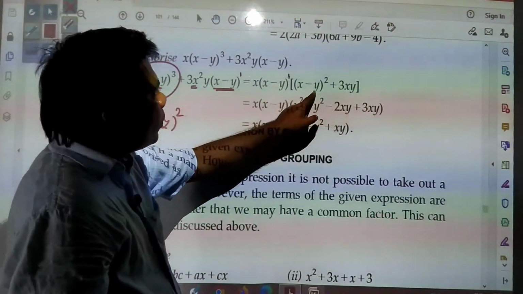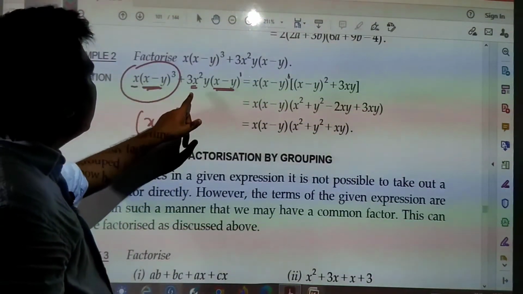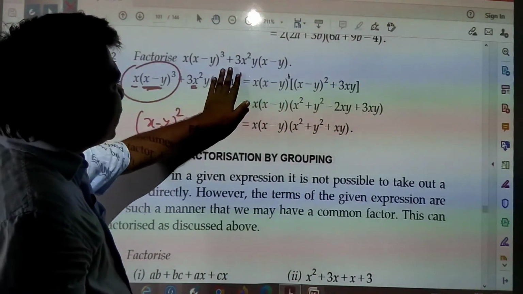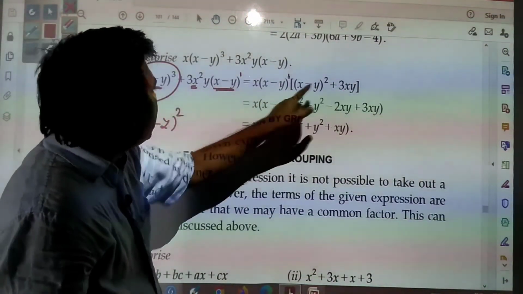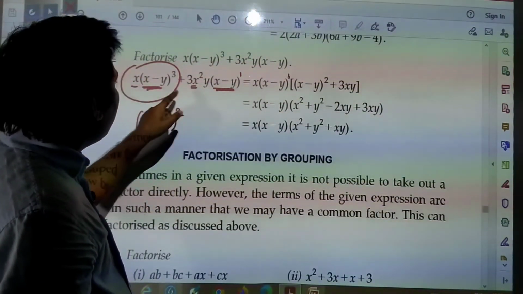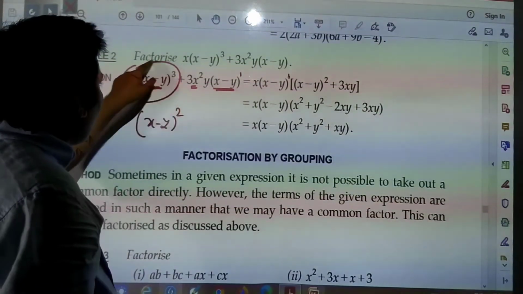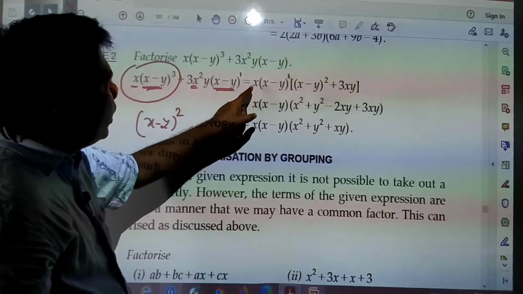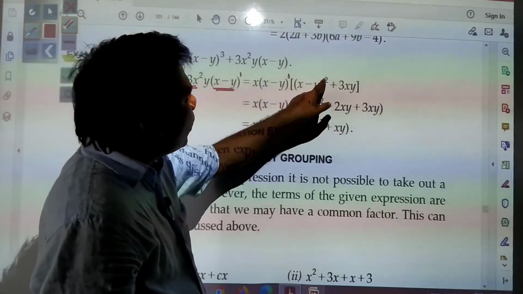So x minus y whole square has been left, plus 3x square y into x minus y. x minus y already taken out, and 3 you will be left with x square, x you have taken out, so x will be left, and y will be left. So finally you will be left with x into x minus y into x minus y square plus